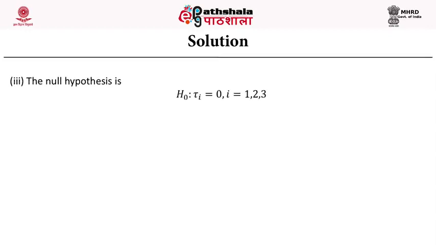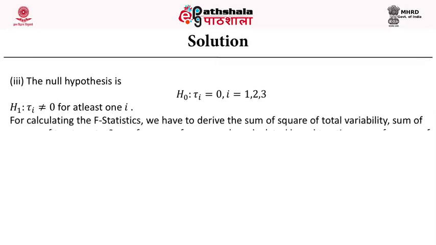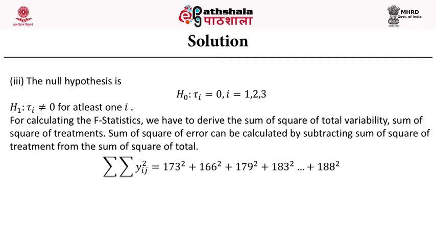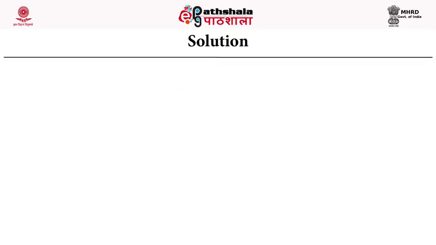The null hypothesis is given here as H naught: tau i is equal to 0, where i varies from 1 to 3, and H1: tau i not equal to 0 for at least one i. For calculating the F statistic, we have to derive the sum of squares of total variability and the sum of squares of treatment. Sum of squares of error can be calculated by subtracting sum of squares of treatment from sum of squares of total. Putting the values in the sum of squares of total, 526901, we get the sum of squares value coming out to be